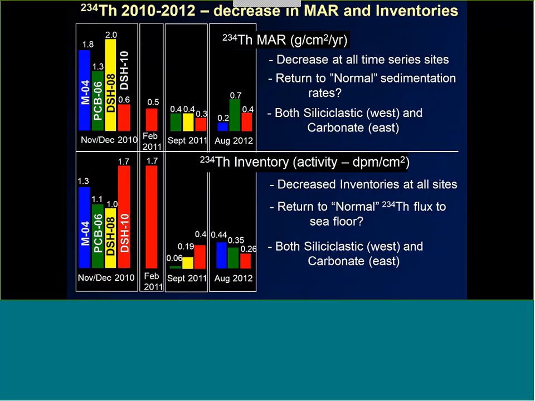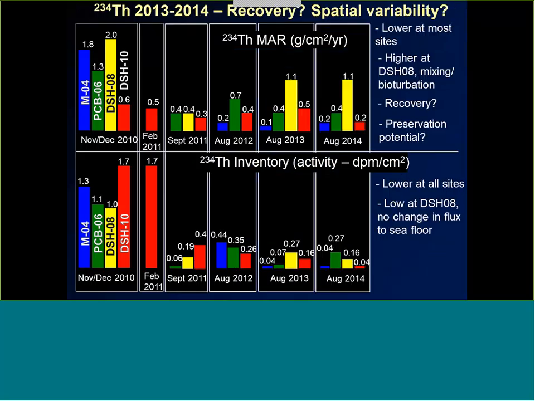We really can't say that that's actual recovery, but it's consistent with recovery. And in the next period, 2013 to 2014, notice that both the mass accumulation rates and the inventories stay fairly low, with a couple of exceptions that I'll talk about. They stay fairly low, once again suggesting that relaxation in deposition occurred and stayed relatively stable